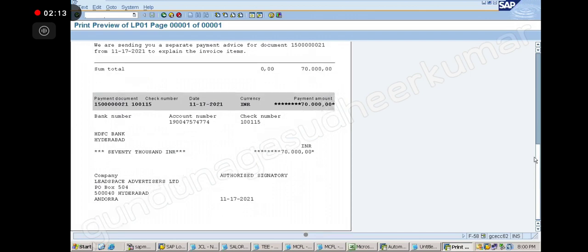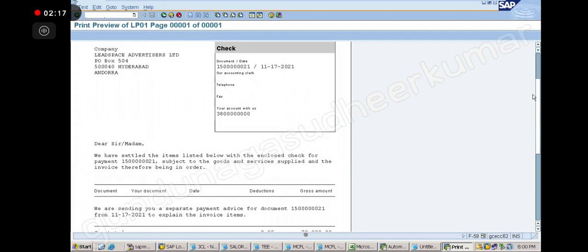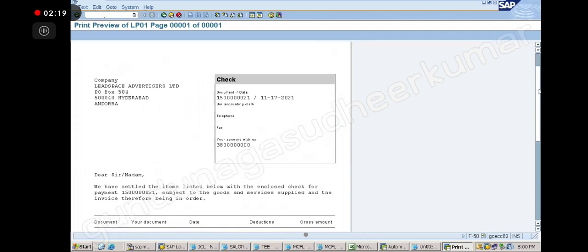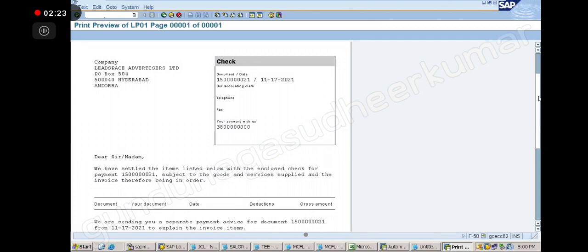So this we are doing manually or automatically? Manually. Now how many checks I can print like this? Only one. Okay, manual. Understood F-58 concept? Yes, it is a payment with printout process.